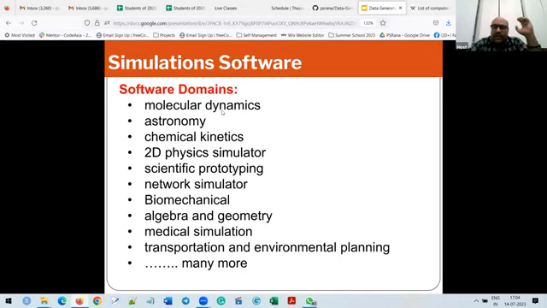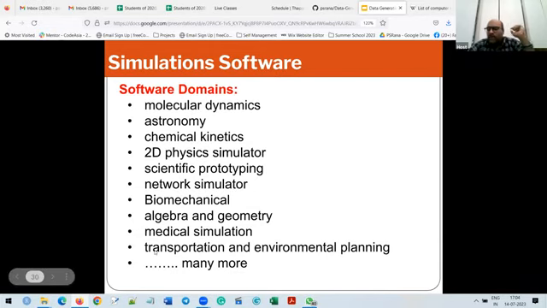If you love chemical reactions, there is chemical kinetics software. If you love physics, then 2D physics simulators and 3D physics simulators are there. Multiple simulation software are there. You just name your hobby, your area, and there will be simulation software available.